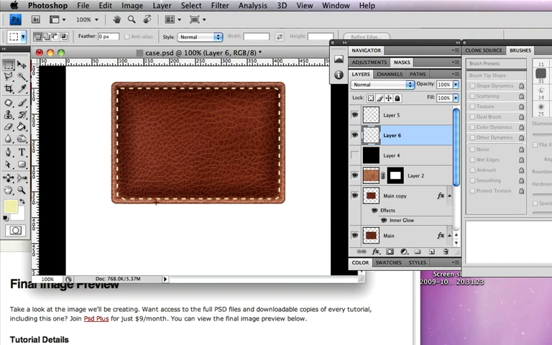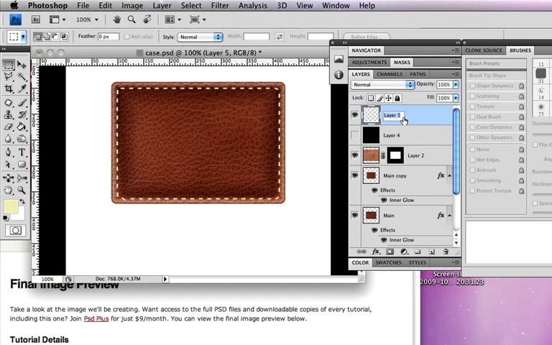Okay, it's not quite perfect, but the stitches aren't really that perfect. So that's our stitching pretty much done. We've erased those sides, we've rotated our corners. So what we need to do now is create a new layer. And sorry, we're going to apply some layer styles to those stitches. So the first thing that we need to do is let's merge these two layers together,